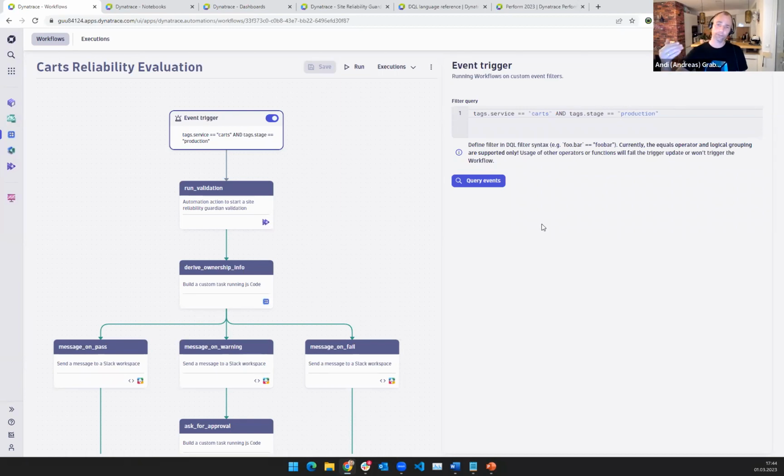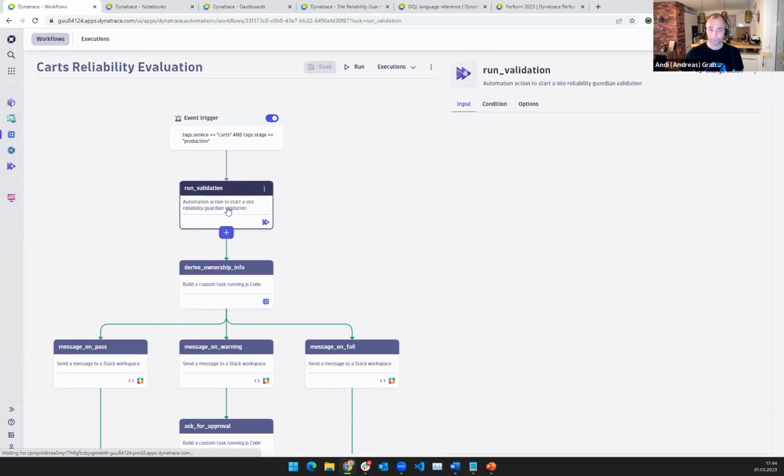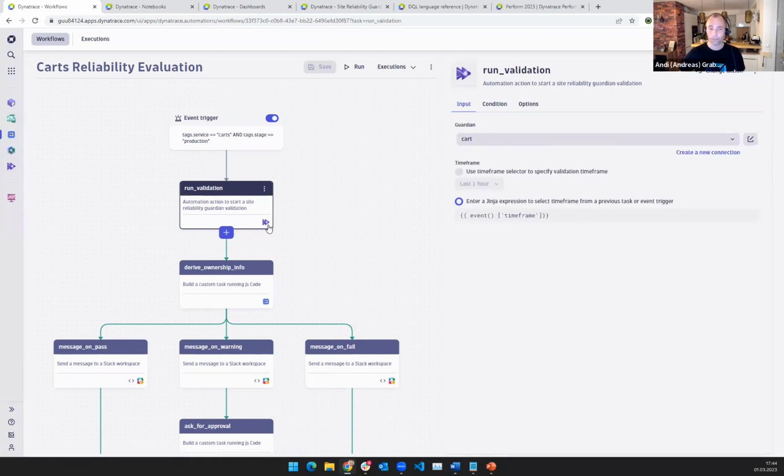So this workflow is triggered if an event comes in that is sent, let's say, by your Jenkins, your GitLab, your Argo, whatever it is, we detect the new deployment. The deployment in Dynatrace speak is just an event with some metadata. So in this case, it's an event that says cards was deployed into production. And what Johannes then did is that every time we deploy a new build, the first thing we want to do is run a validation. You can see here from the logo, this is the logo of the Site Reliability Guardian, because this is an app that is also making itself available to be triggered by a workflow.